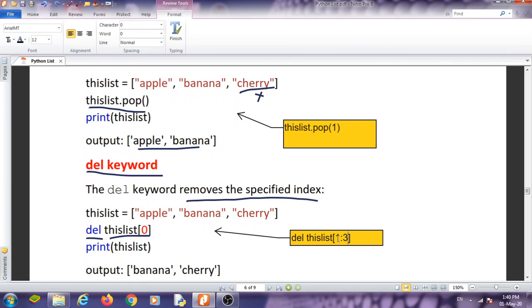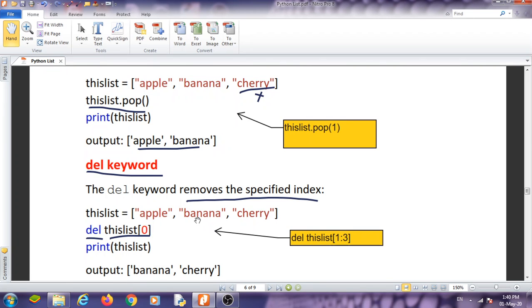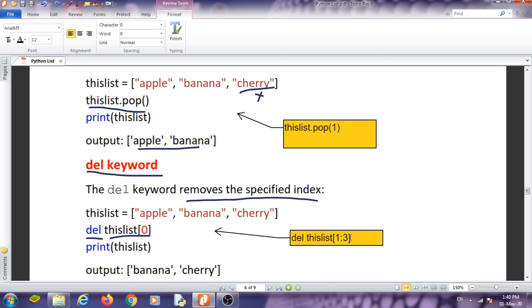It is a slice from 1 to 3, meaning index numbers 1 and 2, banana and cherry, both elements will be removed. So we can delete a slice also. And one another thing we can do: del this list. This time what will happen? The complete list will be deleted.